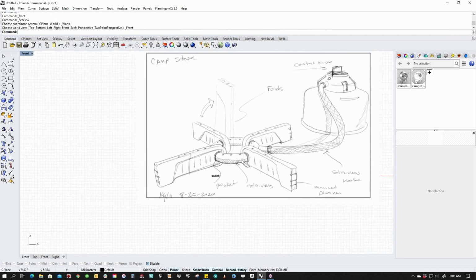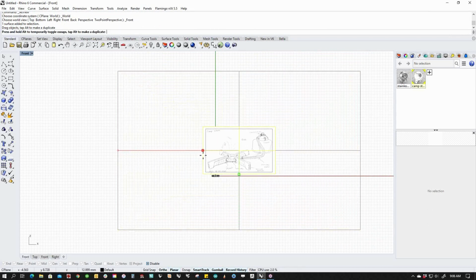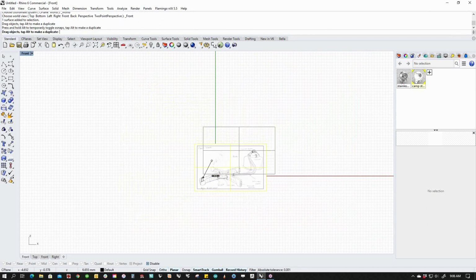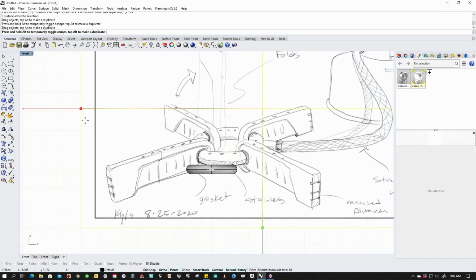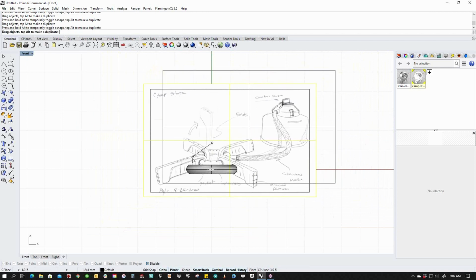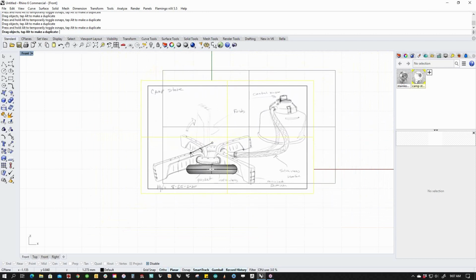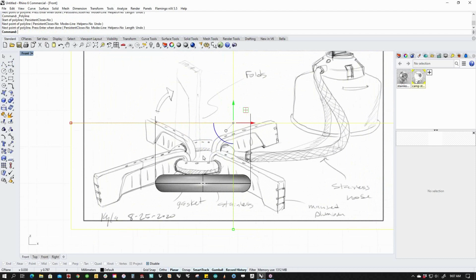Now that I have this placed in the scene, if I bring back my image and go to the front view, I can see that my image is massively out of scale. So what I'm going to do is shift drag on the scale handle and bring this image down so that it's approximately the same size. I have to make some assumptions, like here's the edge and here's the edge. I could even draw some guidelines off of this thing that I could scale to, and maybe I even hold down control and move my gumball